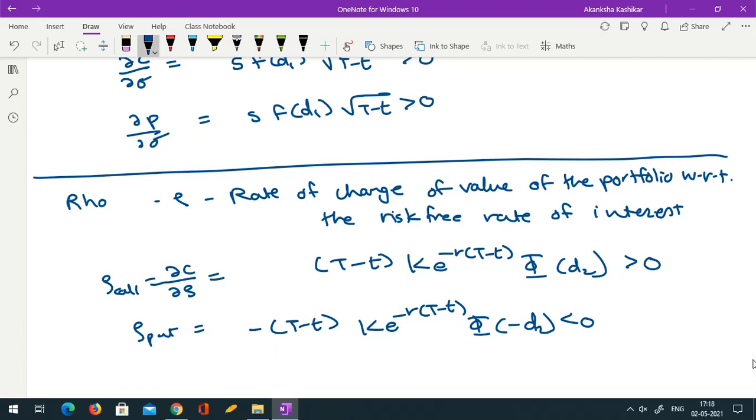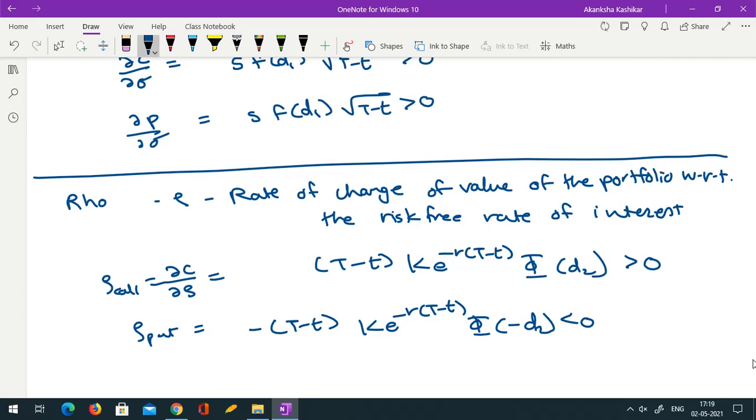See, in a call option you are paying the money at the end. So when you have the money with you, you are going to earn interest on that. So as interest rate is more, call option is more beneficial. Whereas in put option, you don't receive any money initially. So you own the asset, means initially you might have bought the asset and then you receive money at the end. So you can't earn interest on that money. Okay, so as interest rate increases, the put option becomes less appealing, whereas call option becomes more appealing.